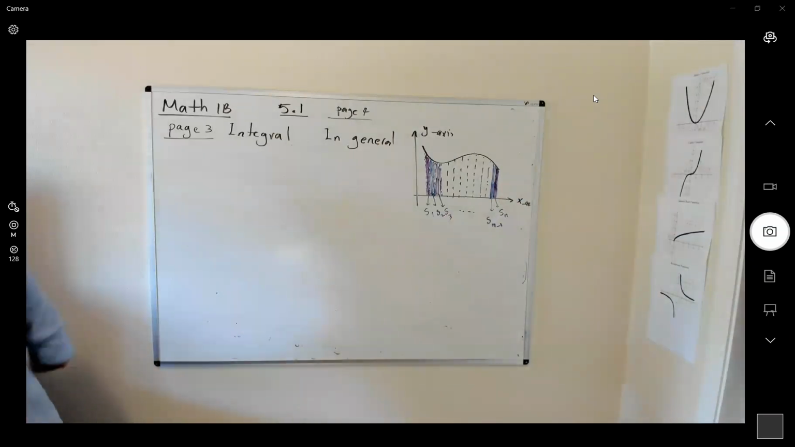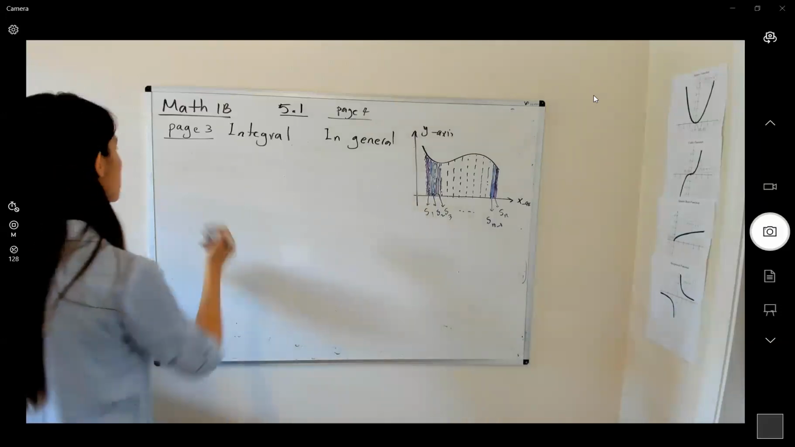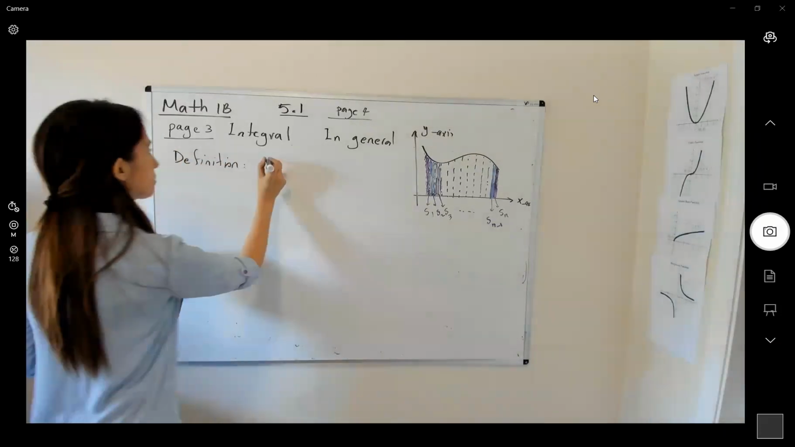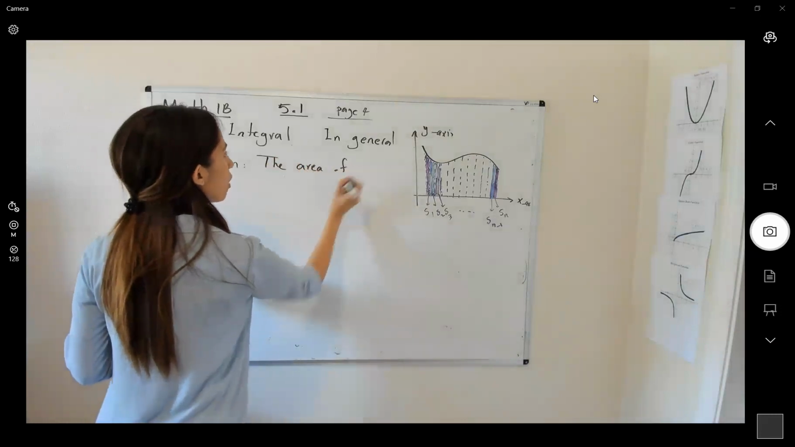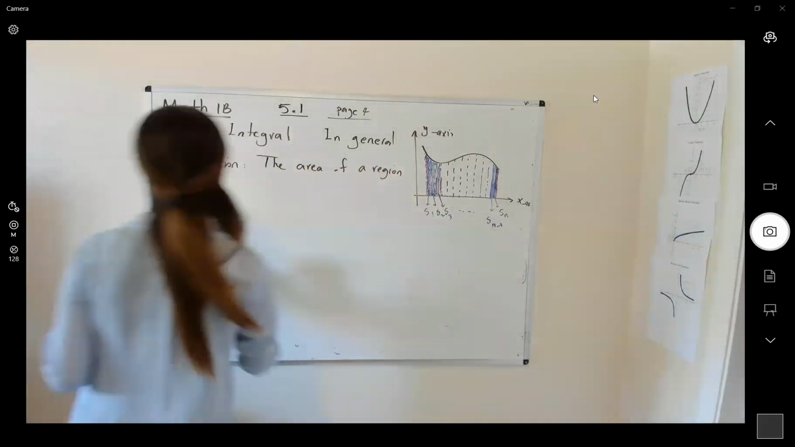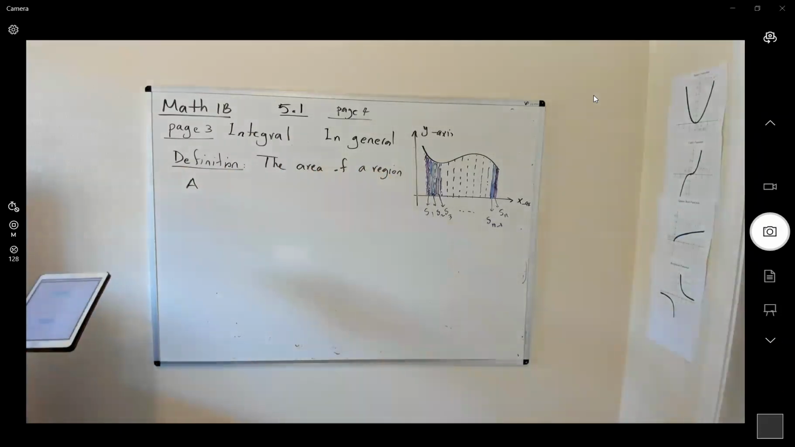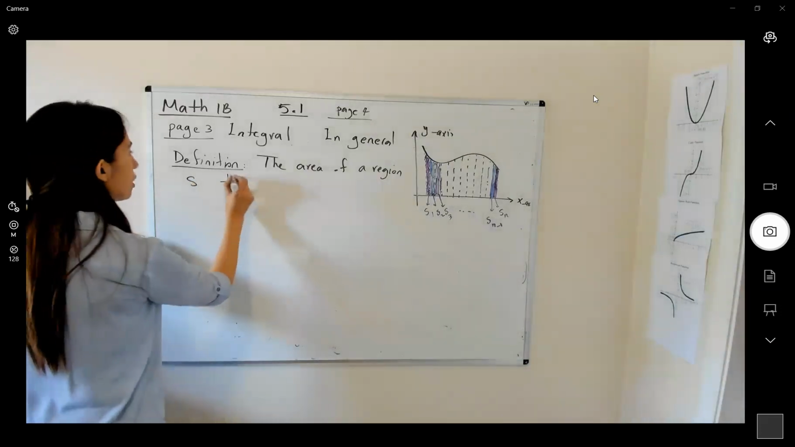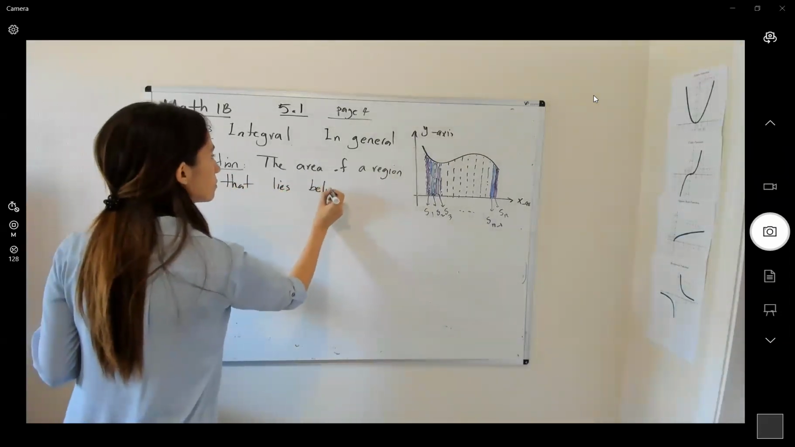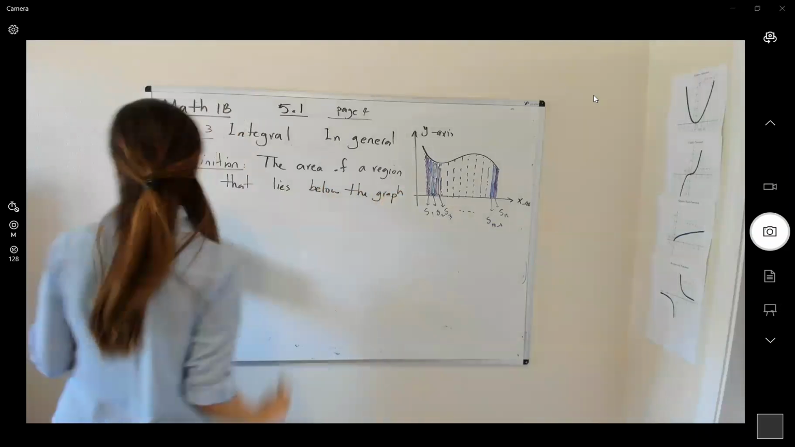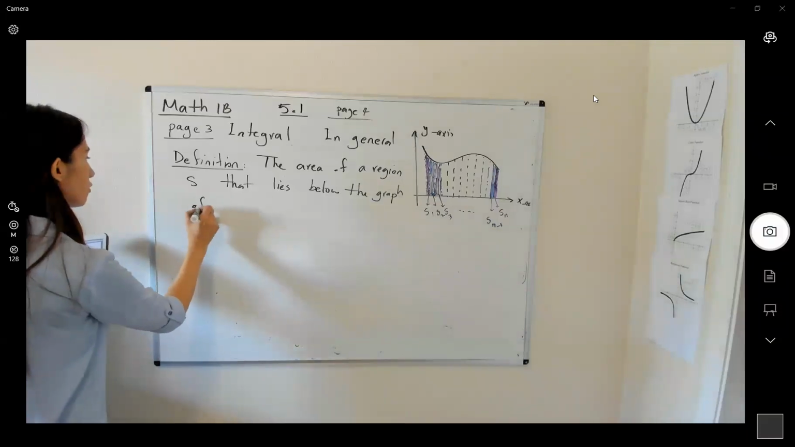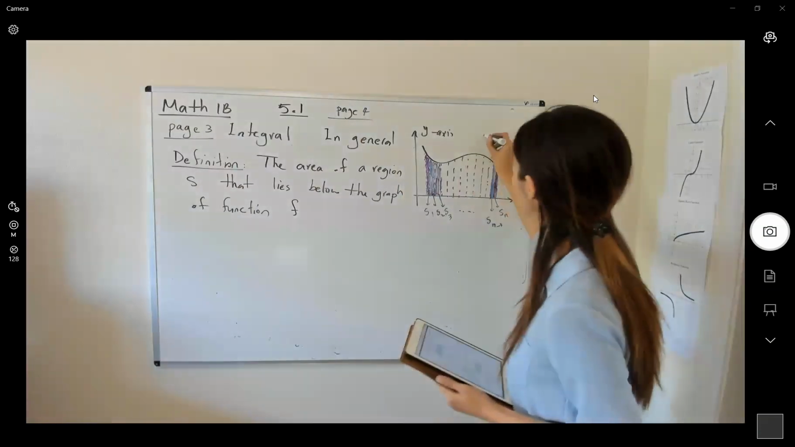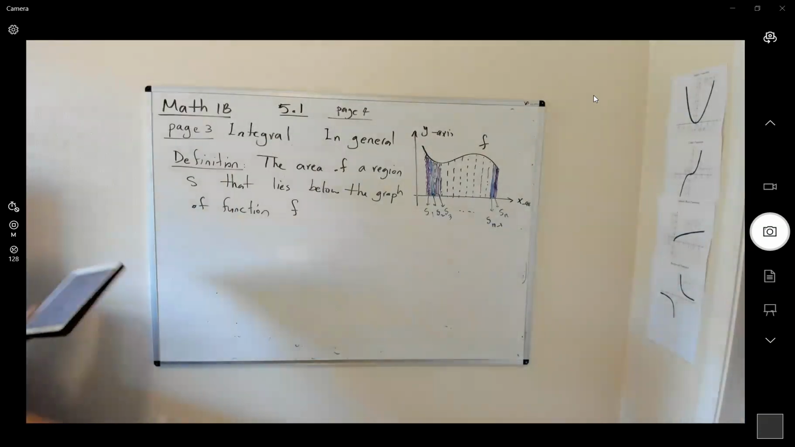So, the notation. Definition. The area of a region, like A, let's call it S, that lies below the graph of a function like f. So suppose this is your function f is